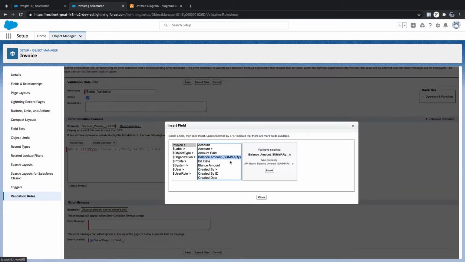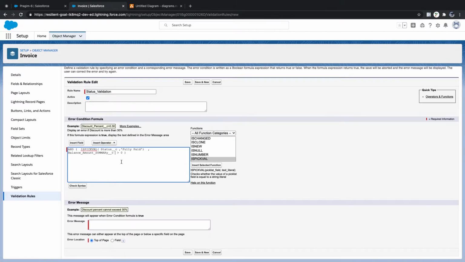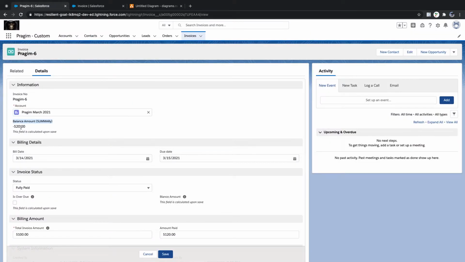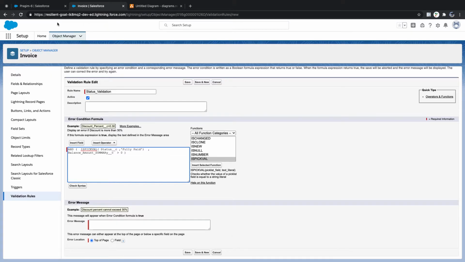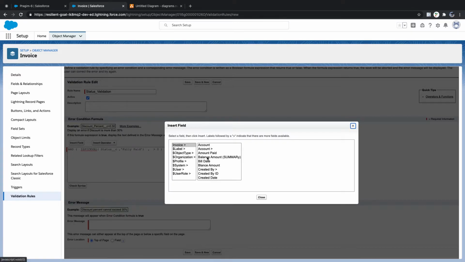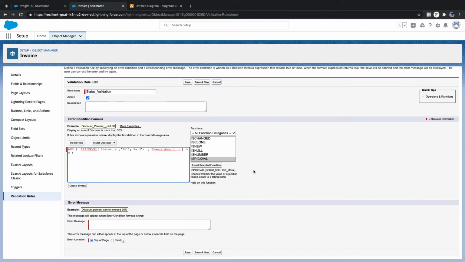Insert field, balance amount summary, I'll check. If balance amount is minus here, the balance amount summary is always minus. Oh, sorry. Insert field, balance amount.